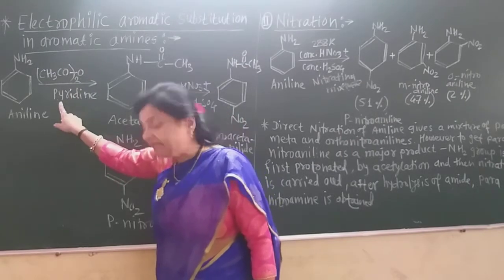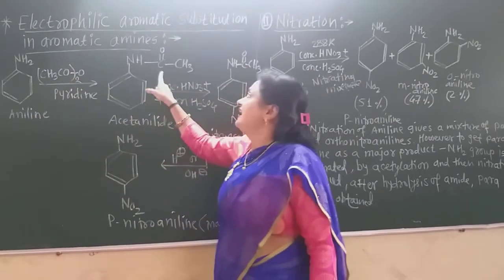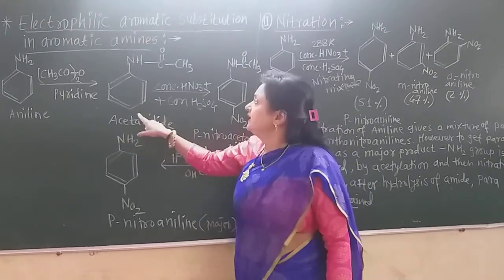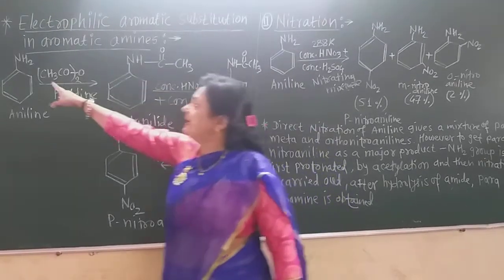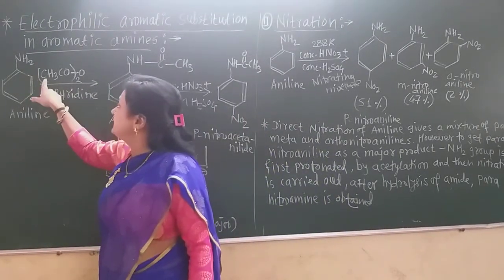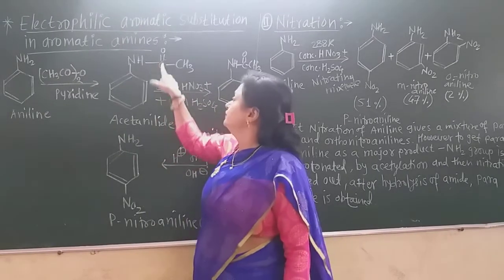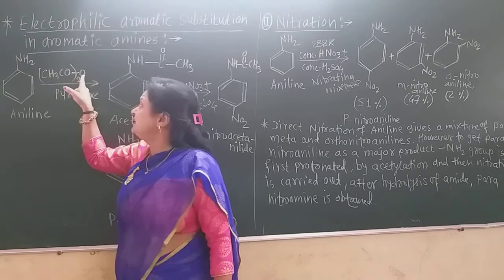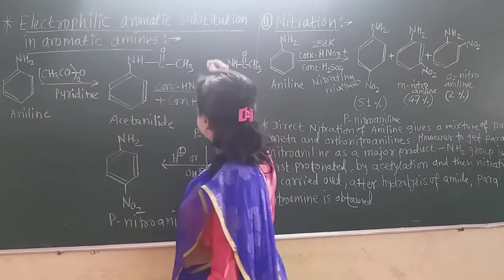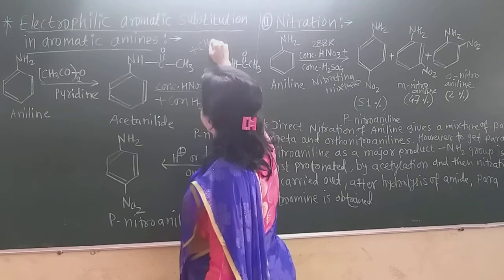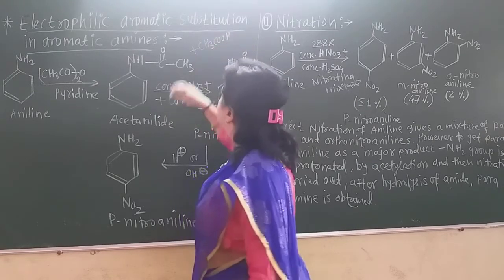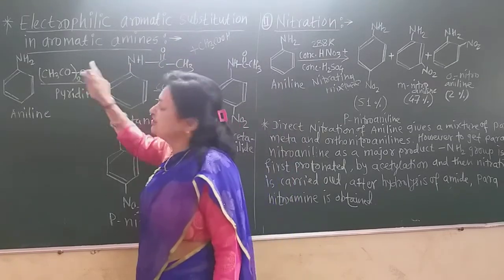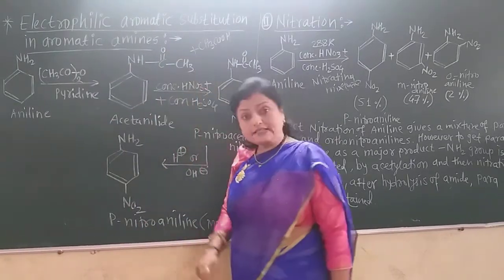In the presence of pyridine, first aniline gets acetylated. Now this is acetanilide, because here the hydrogen atom of the NH2 group is replaced by the COCH3 group. That hydrogen, the remaining CH3CO and this O form the byproduct, acetic acid, CH3COOH, because one CH3CO group, the hydrogen of the aniline and this oxygen form acetic acid as the byproduct.